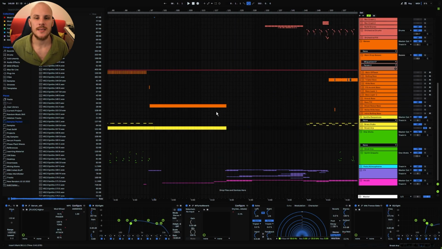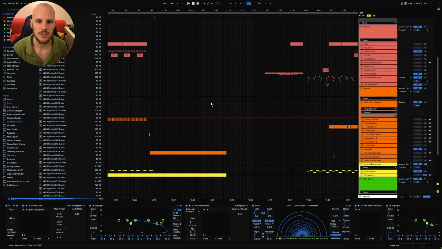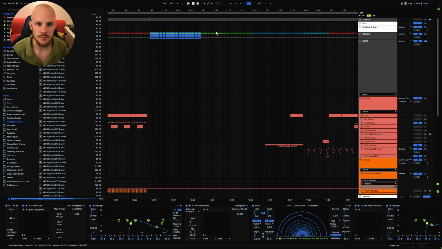Now, the breakdowns are actually much bigger thing in prog than in other types of psytrance. As you can see from the structure track here, this breakdown is massively long. In normal psytrance, we don't really get this. We don't really get those type of very long breakdowns. The reason why this works in this subgenre is that it's not really supposed to be like for continuous dancing. What it's more like is like the kind of EDM that you might see at a festival like Tomorrowland or